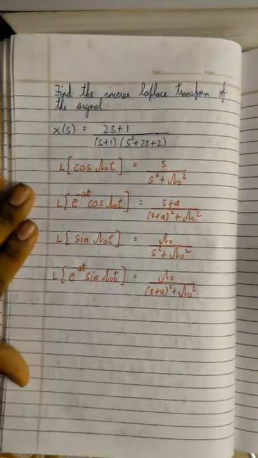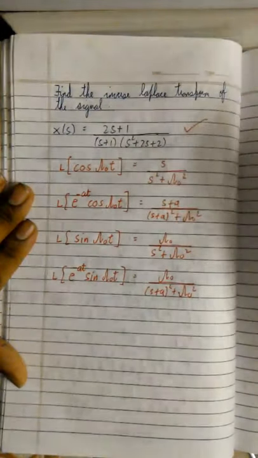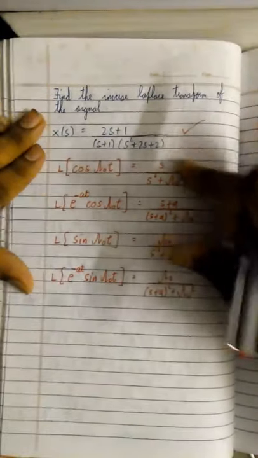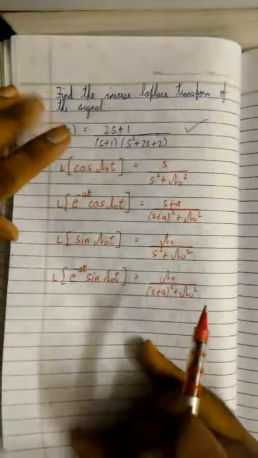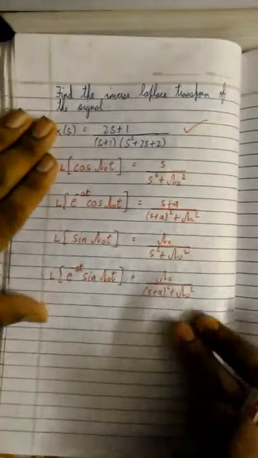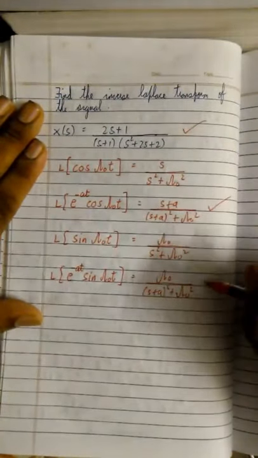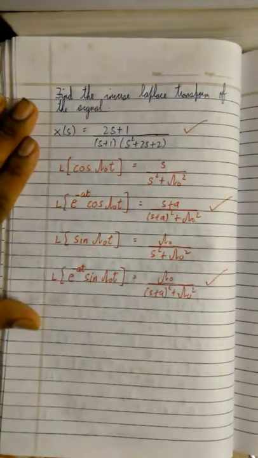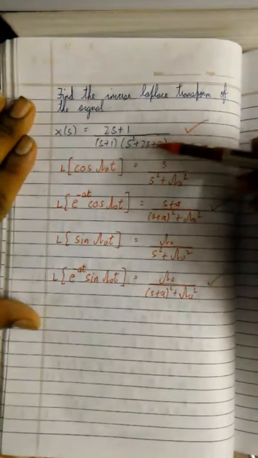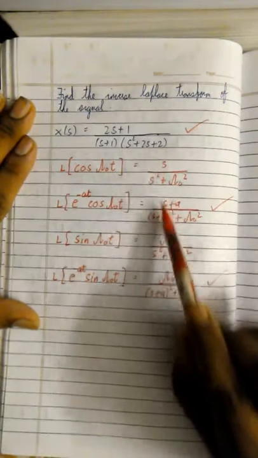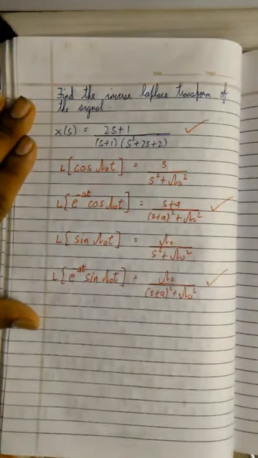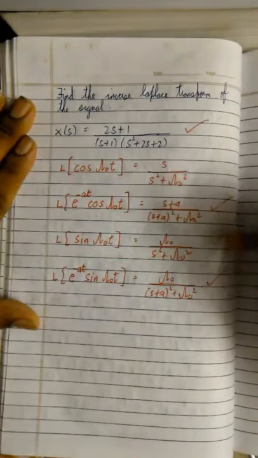Okay. So the thing is, if these kind of questions come for the exam, and if you cannot remember these formulas, then you can solve this problem using complex poles that we did in the last video. Okay, another shortcut method is that you can use these two formulas to get your answer very quickly, right? So to get this answer, you should learn to write this equation in this format.